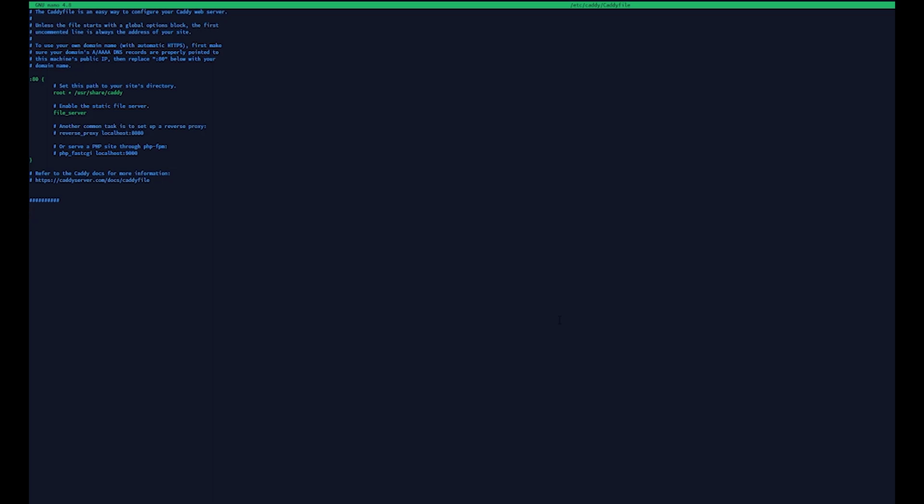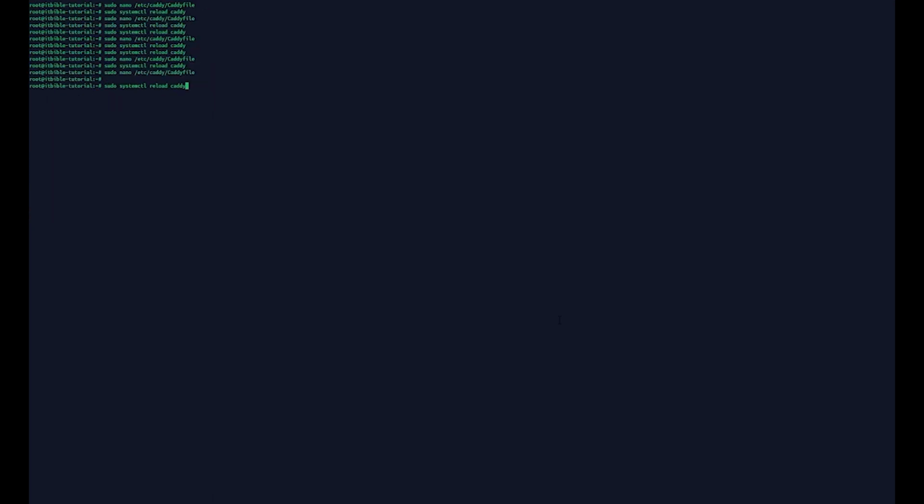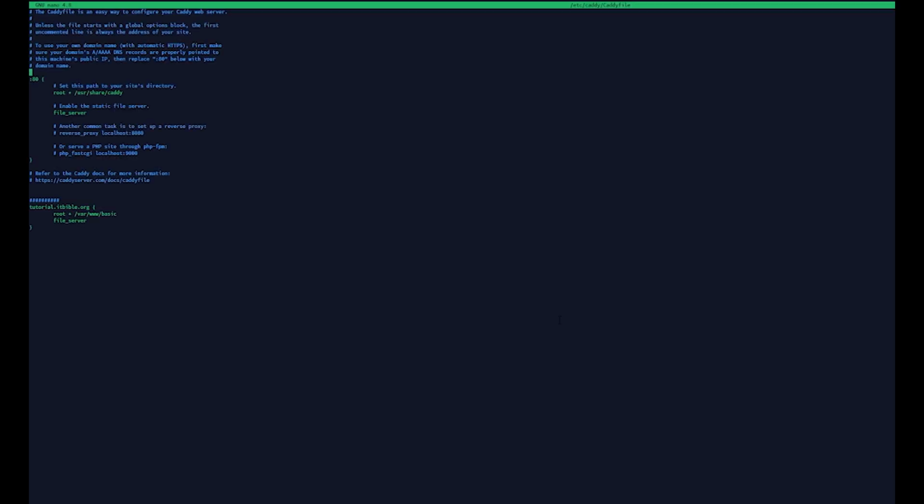Actually, we're going to use that same one. So let's use the same one. We want the root to be there, but we're going to change that to www/php because I have a PHP file already generated. We're going to keep file server in place, and then we're going to type php_fastcgi. So on this server, I also have PHP-FPM version 8.1 installed,